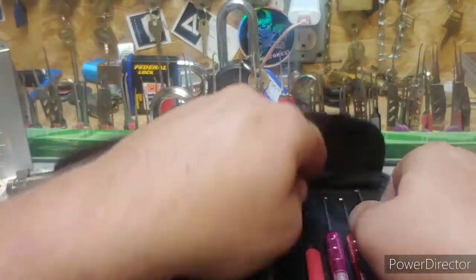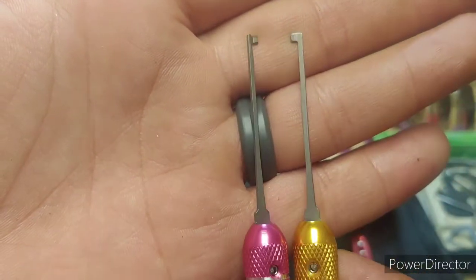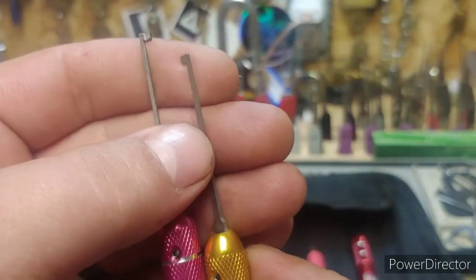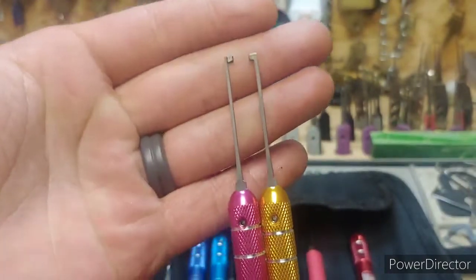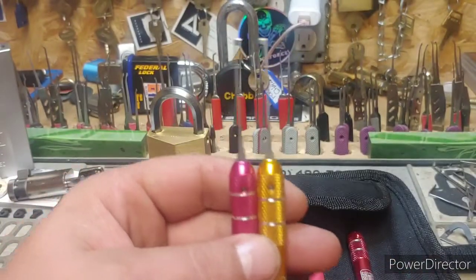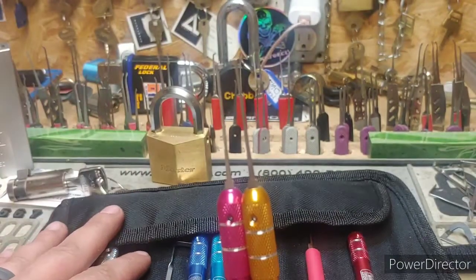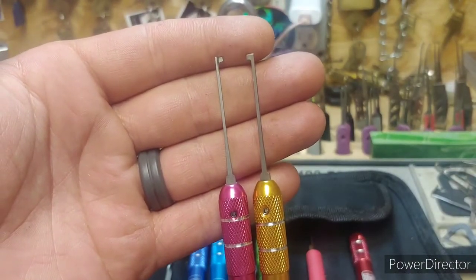And here's a couple more, same thing. Just no finishing details have been done to these whatsoever, but it's definitely got potential. It's got great handles. I absolutely love these handles. And after I finish this, I'm definitely buying myself a set to add to my multi-picks, because in my opinion, the multi-pick